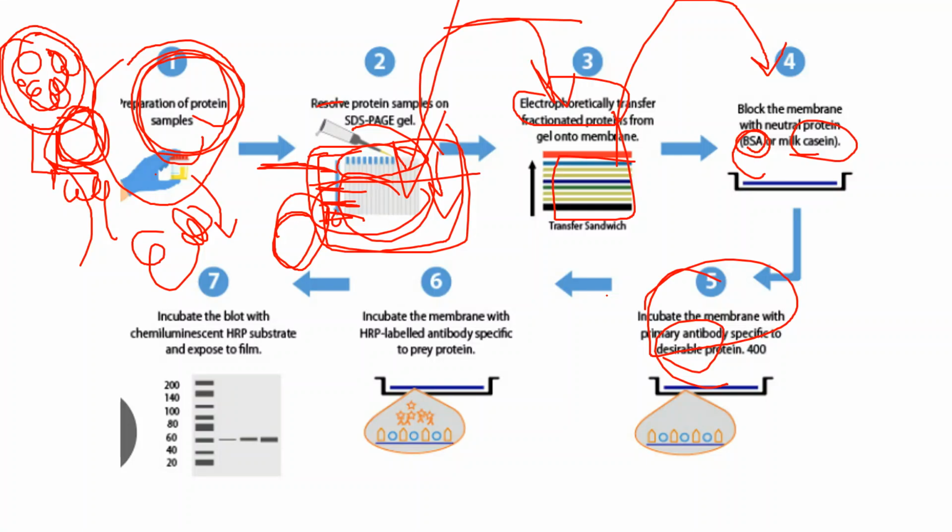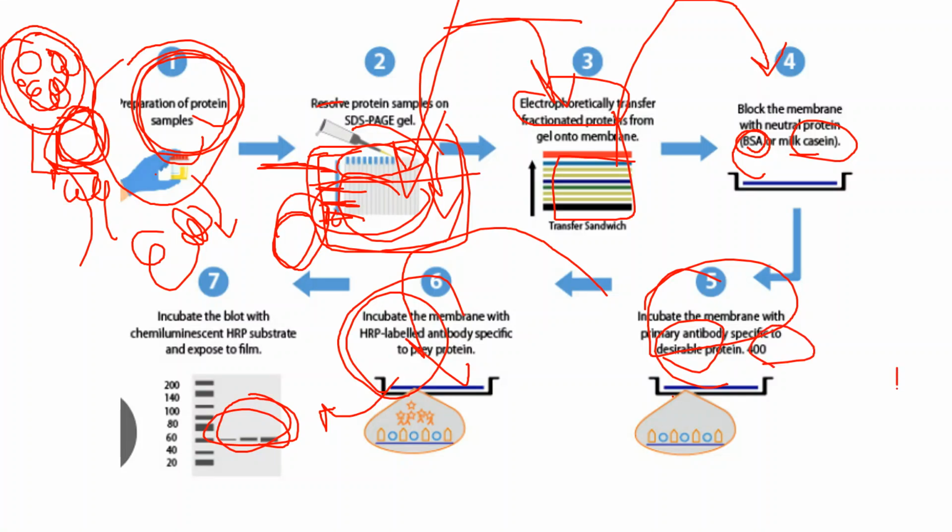After the primary antibody, we have to add the secondary antibody because this primary antibody doesn't have any label. So the secondary antibody will come and bind and convert into the product. After the product, we'll see that particular band. Here, say we want to see the P53 protein. So the band will come between 40 and 60, and we'll see those beautiful bands here. This is through maybe autoradiography, or we can go for ChemiDoc gel image analysis. One machine is there and we can see those beautiful bands.